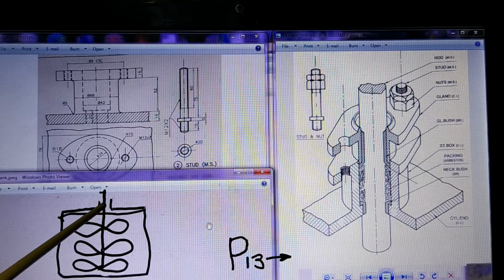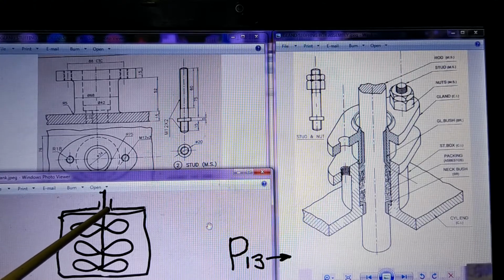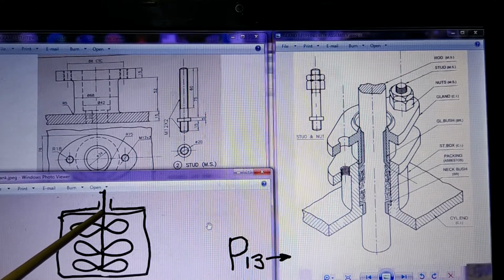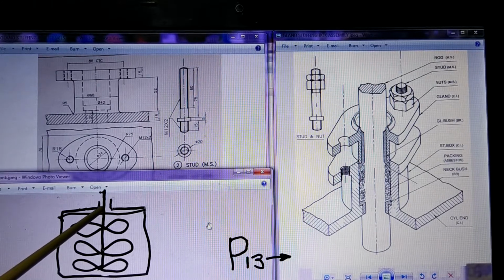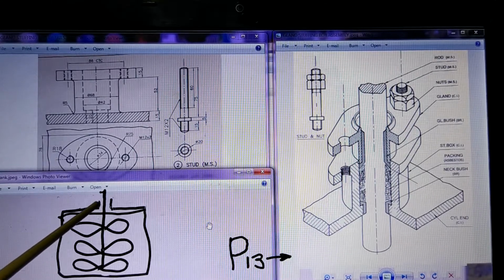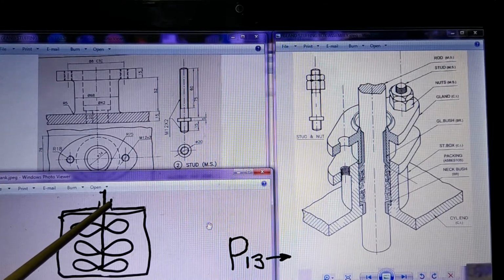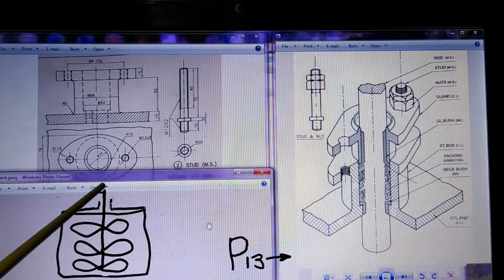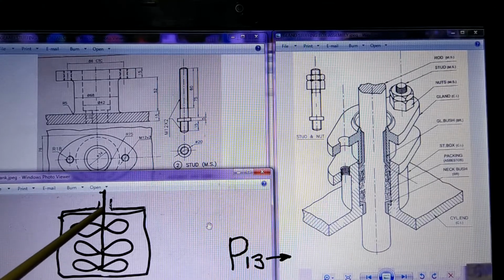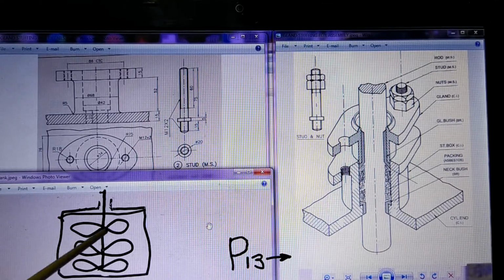When the shaft rotates, the shaft always needs some kind of support. That is what we call a bearing support. So this shaft is passing through this particular hole. This is a place where there is going to be a bearing. Some kind of arrangement is there through which the shaft is going to pass, and this arrangement is going to locate or hold the shaft.